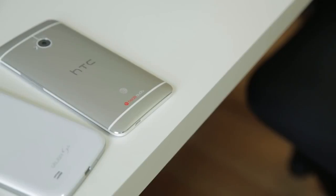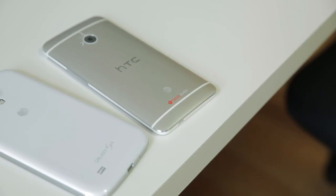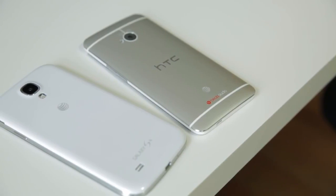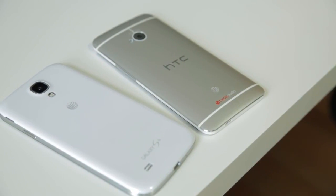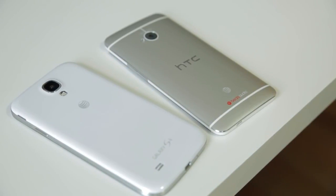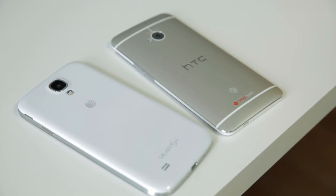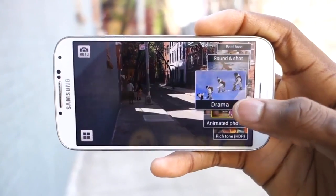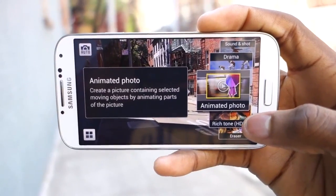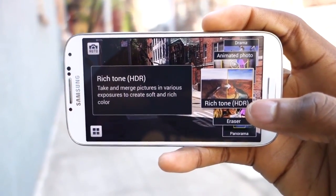But to sum it all up, the Galaxy S4 takes better, more accurate, more detailed pictures in regular light, while the HTC One takes better, more accurate, more detailed pictures in low light. The S4 in low light it's alright, and the HTC One in regular light it's alright. I mean, there are obviously way more software features with the Galaxy S4 and a sweet camera interface taken from the Galaxy camera to back it all up, so they're making it look very pretty, but these comparisons really do